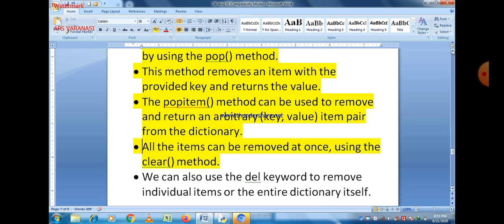We can delete an individual element as well as the entire dictionary using the del keyword. So now we have four different ways: using the pop method, using the popitem method, using the clear method, and using the del keyword.